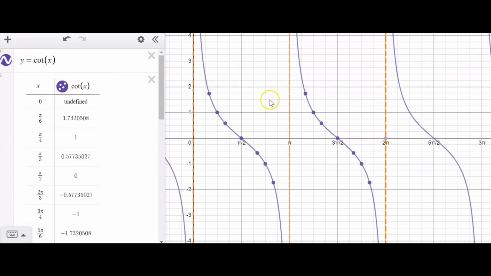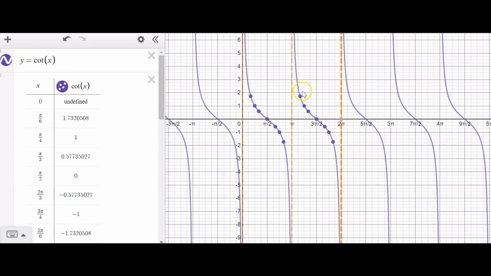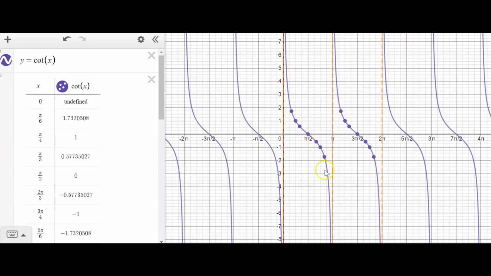If we turn on the graph, look what we see. It's exactly what we expected. If we zoom out here, you can see, once again, over and over again, we have this time it starts at the positive side of the vertical asymptote, and then it goes negative, and then ends going to negative infinity at the vertical asymptote. Okay, so let's see what this looks like